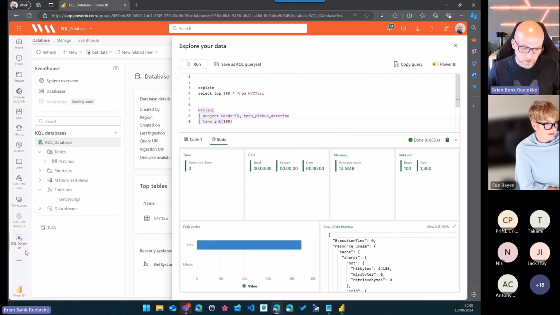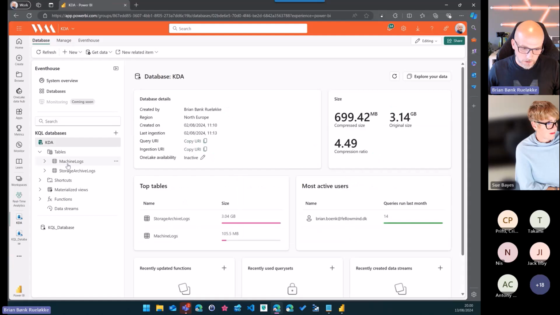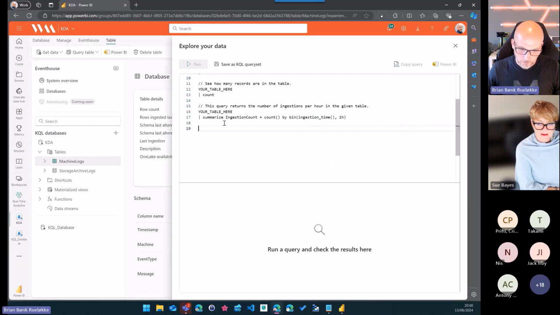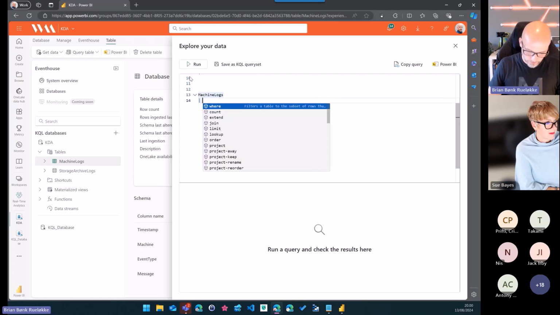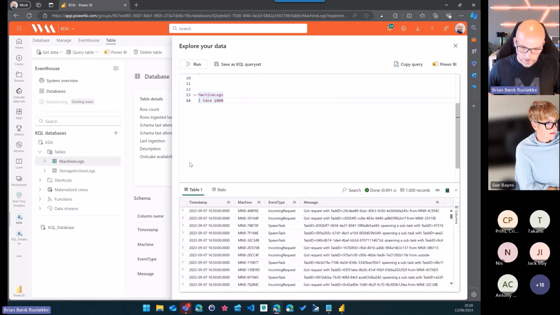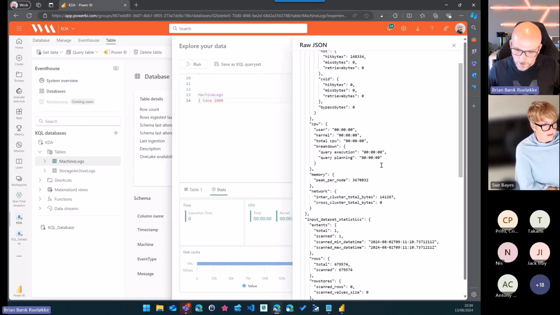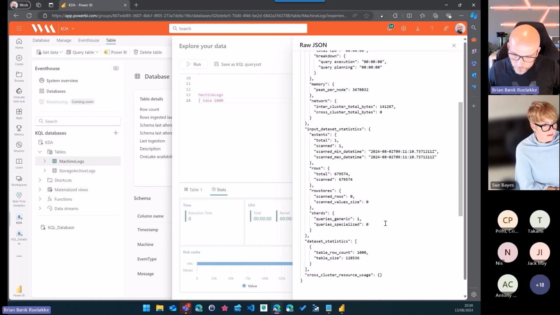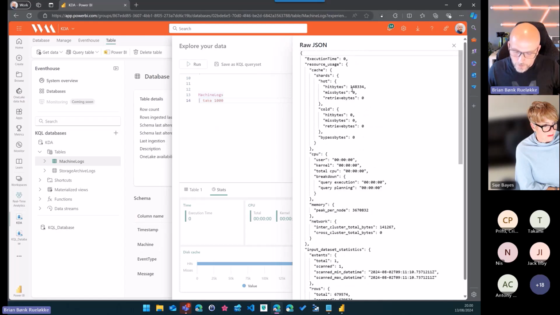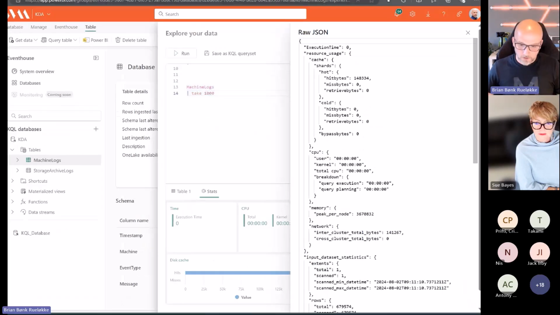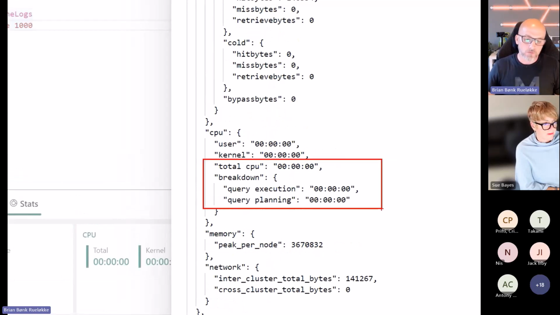But if I go here instead, I'm now being quite fast. Sorry for that one. But if I just go machine logs, take 1000, and if I go into the stats and full JSON, then you will, okay, I've been playing too much with this, so it does not cost me anything. Well, you would be able to see the CPU cost and the breakdown of the cost here, and the cost is equivalent. This is a time-based cost. It's equivalent to 1 compute unit from your Fabric capacity.